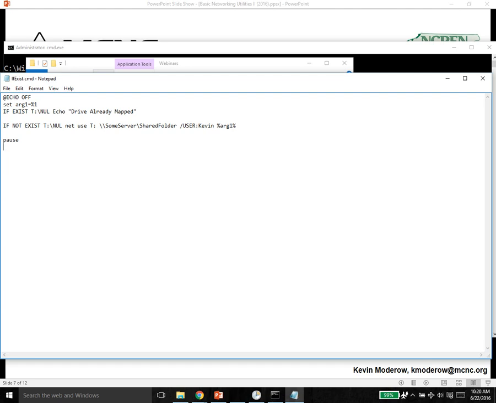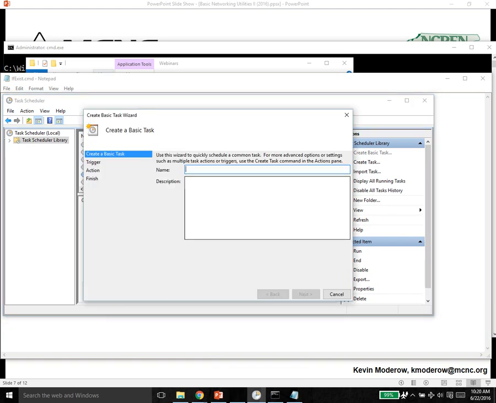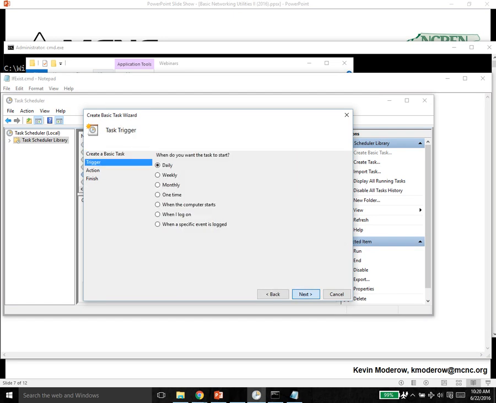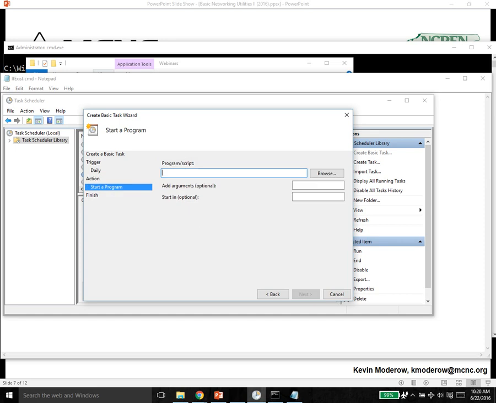file. And you might be thinking, well, but if the user can just open this batch file in Notepad, they're going to be able to see the administrative password, which is something we don't obviously want them to be able to do. What this batch file does, though, and I'll make it available, is it lets you pass the password sort of invisibly. So if you were to look at Task Scheduler and you were to